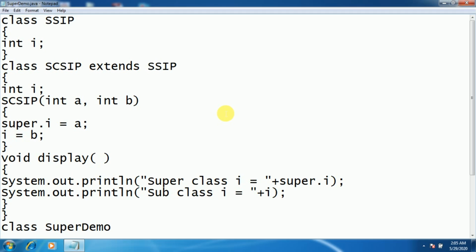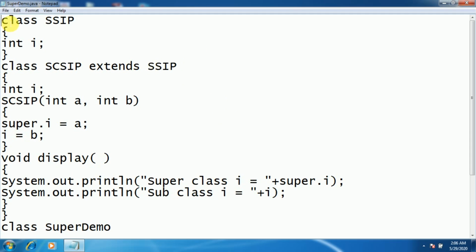For that, we can make use of the super keyword so as not to hide the instance variable of the superclass. We'll see an example of how the super keyword can be used for this.